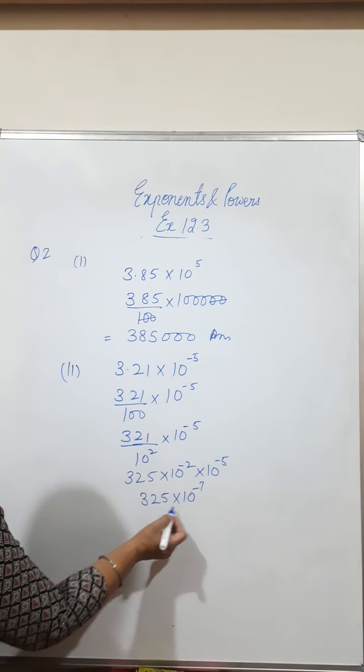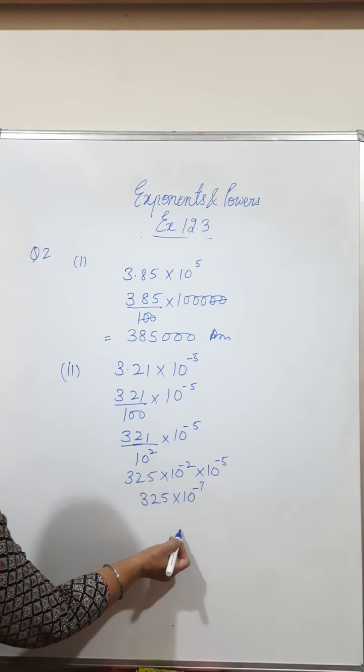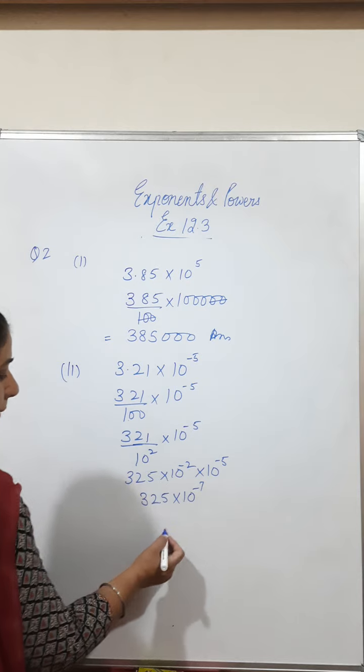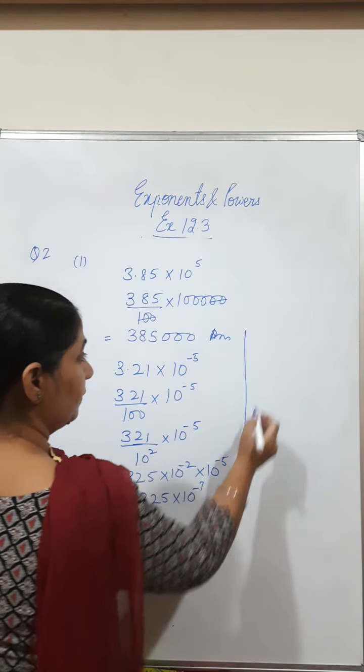Now it means there are 7 zeros in the denominator because negative को जब हम positive बनाएंगे, तो what we will do? We will bring it in the denominator. So it will be क्या आ जाएगा हमारे पास? We will have